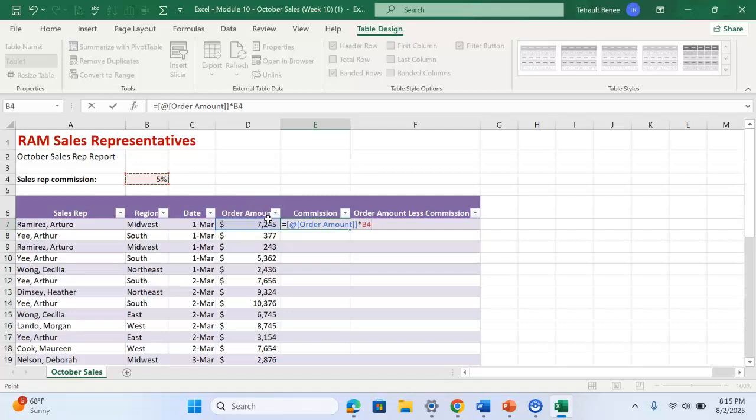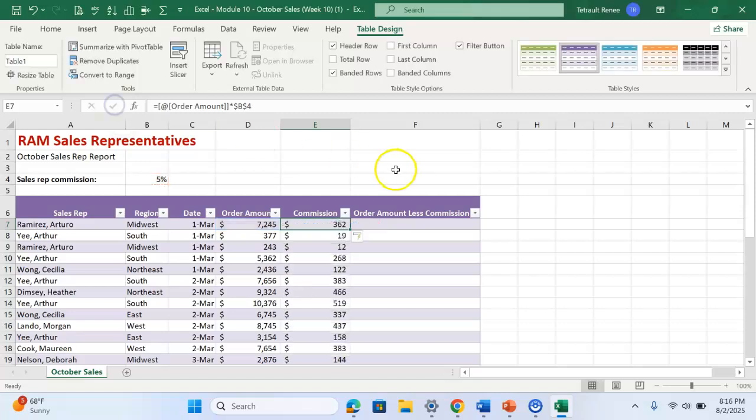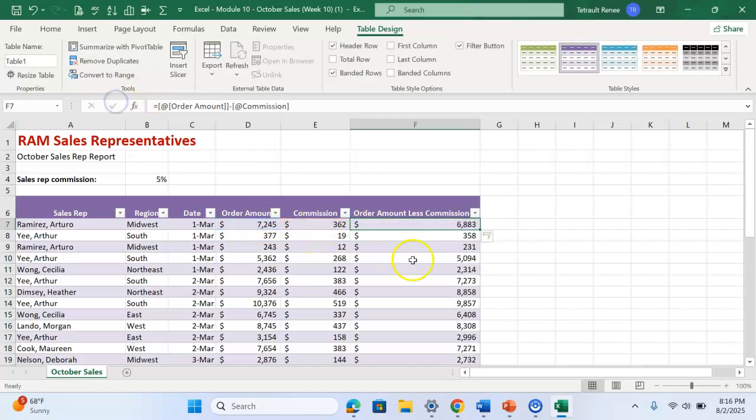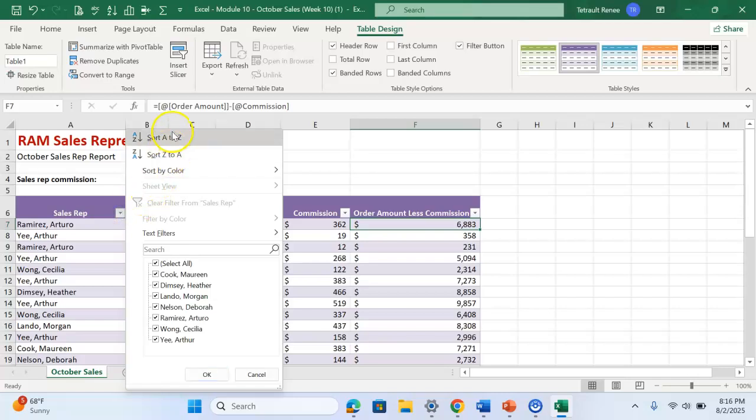sitting in B4, so I have to make sure I do function F4 or just F4, as long as you get the $B$4, so it's always in that cell. Absolute cell reference. The basic formula for column F is equals D7 minus E7. There we go. And I want to sort it by sales rep, so I'm going to choose sort A to